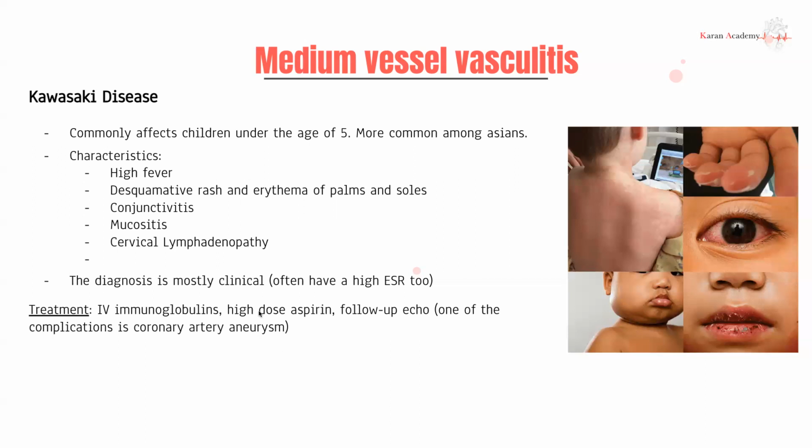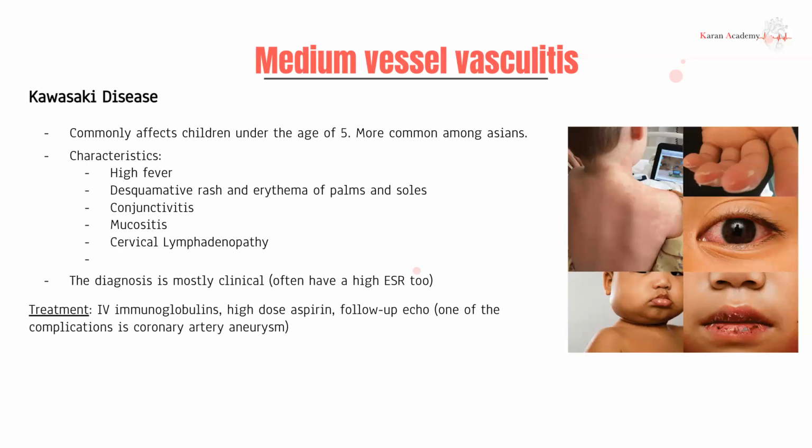and high-dose aspirin. The reason we start them on high-dose aspirin is because of one of the rare complications of Kawasaki, which is an aneurysm of the coronary artery. And that's why we start them on aspirin. And you often do a follow-up echo, usually 6 weeks after their time of diagnosis, to monitor and look for